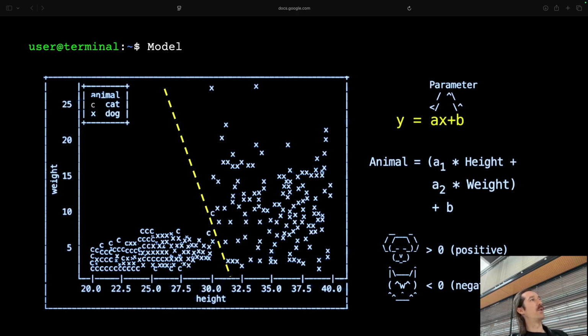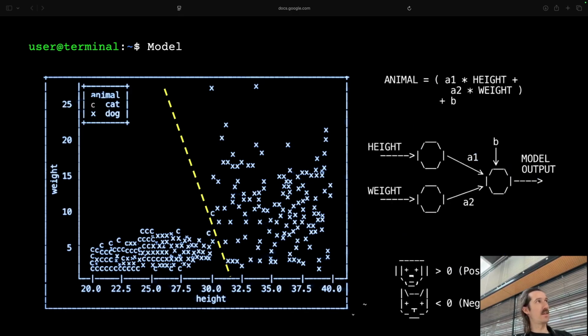So basically what we want to do here is create an algorithm that takes the height and the weight, that's our x, and then multiply this with a, which we don't know for the moment, but we just know we have to multiply it with it, and then we have to add b. So basically the simplest form of how to find the two categories. And again, if the output y, or the animal, is positive, it's a dog. If it's negative, then it's a cat.